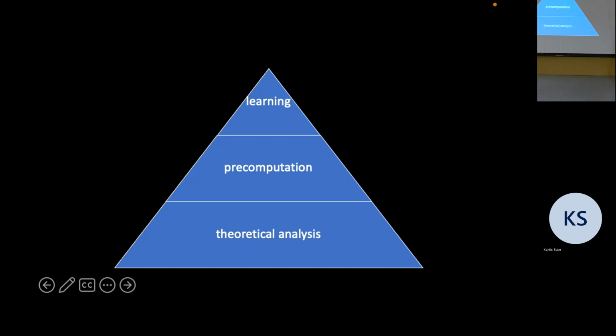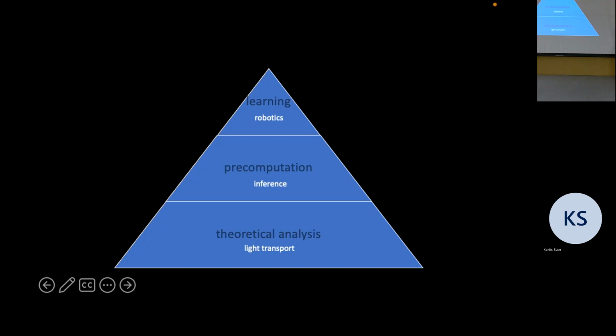Then there's the pre-computation approach, which is quite common. If you have a hard problem, then one approach is to look at the problem, pre-compute some of the data, and then use that in finally solving the problem. And of course, there's learning, which today you can't escape. Regardless of what you do, if you don't have that cherry on your cake, it's not going to sell. But I'll show that this is more than just that. I'll give you different examples from different domains. So for the learning, I'll show you some problems in robotics.